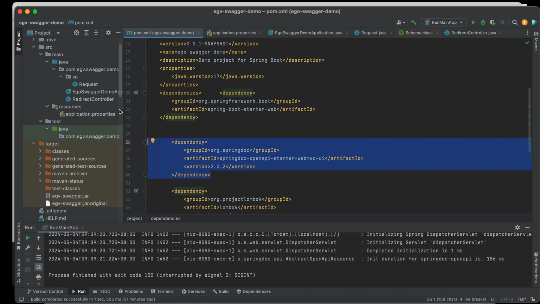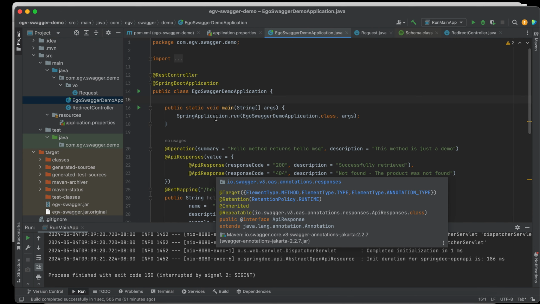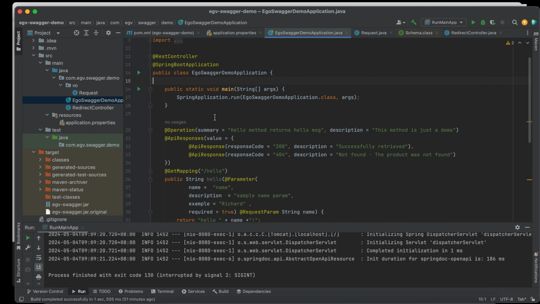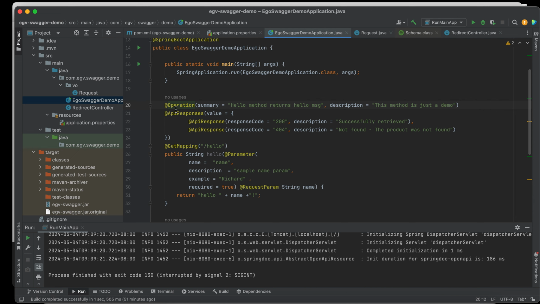Then we need some annotations. These are important annotations for Swagger. We have @Operation, an annotation for us to give the brief summary of our API and the description.